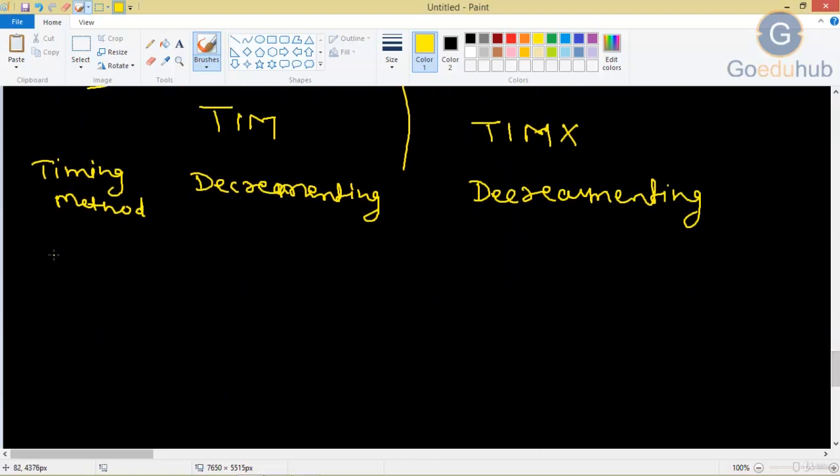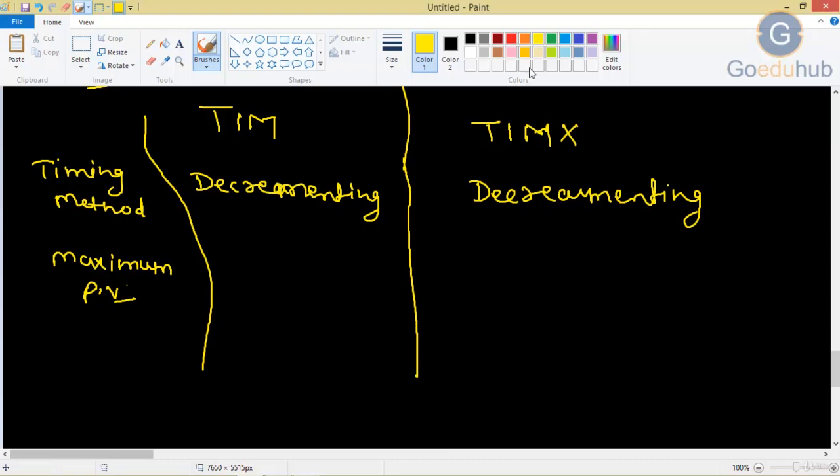Then the maximum preset value, this is the criterion. The maximum preset value that we can provide in the BCD timer is 999.9 second only. Then in the binary timer, the maximum value that we can provide is 6553.5 second.